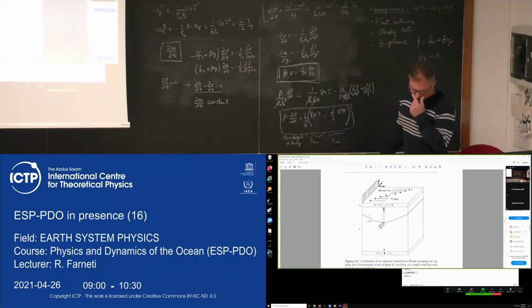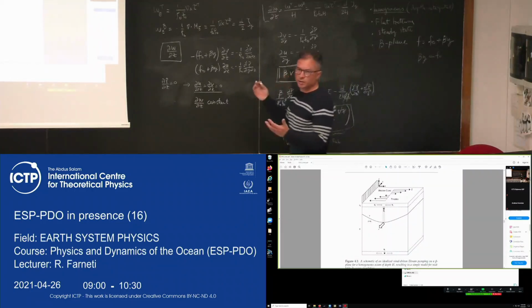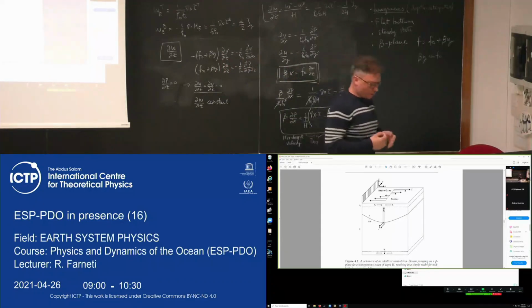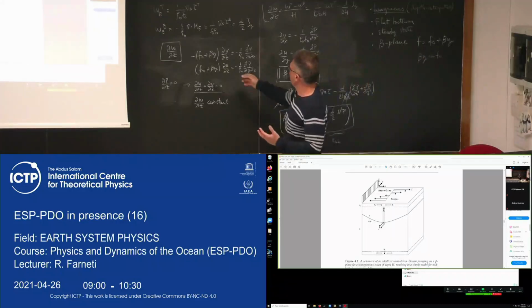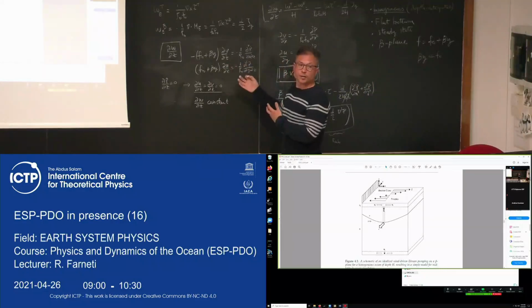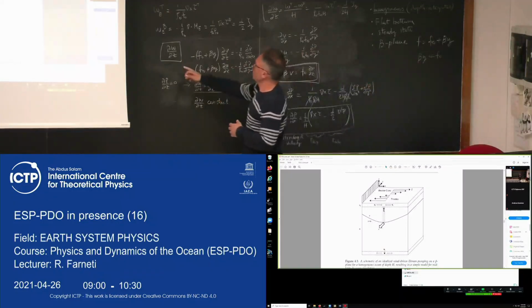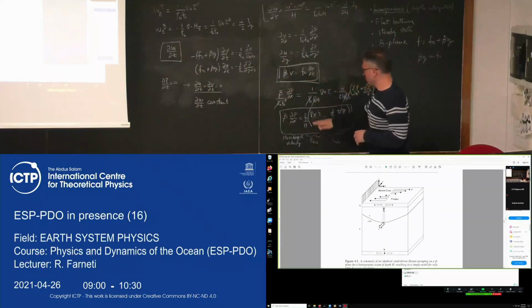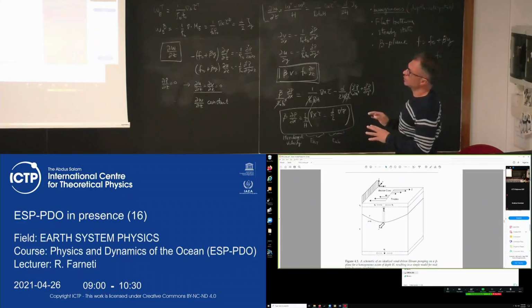If we were on an f plane with f constant, so no beta, there would be no vertical velocity induced. If you remember, the geostrophic velocities with a constant f had no vertical velocity associated. When you introduce beta in the geostrophic equations, then you have a vertical velocity. So beta allows you to have a vertical velocity and a shear in the vertical velocity. Because of that shear in the vertical velocity, you can generate an interior geostrophic flow, a meridional geostrophic flow. So this is a very simple first way of looking at the interior response